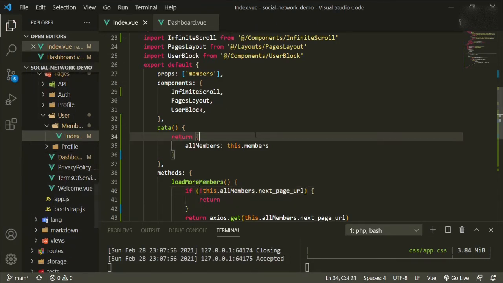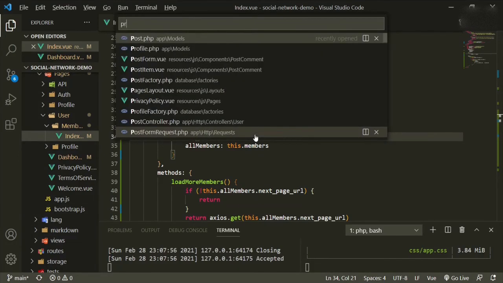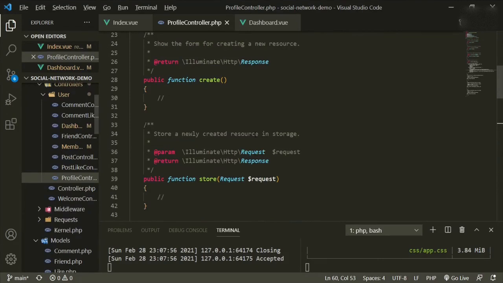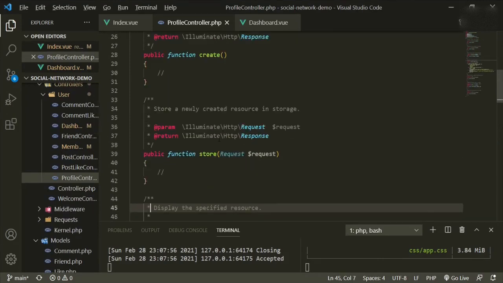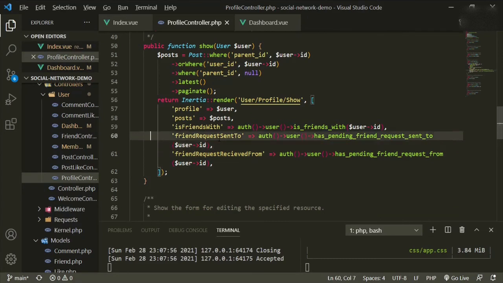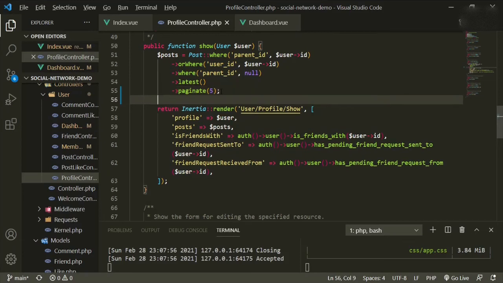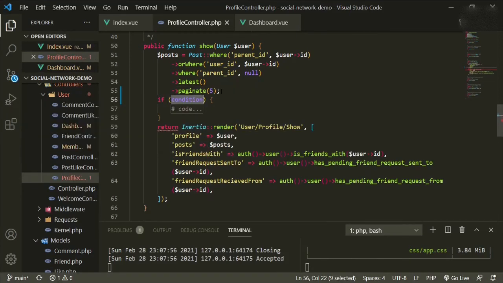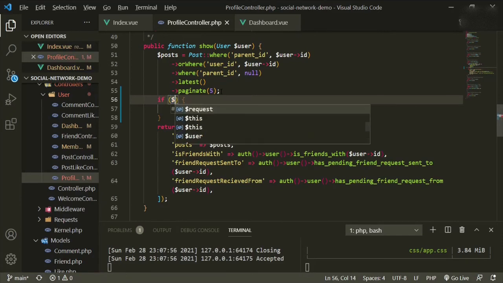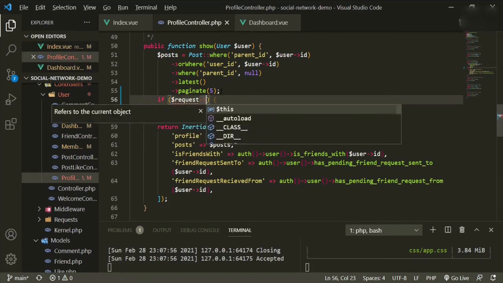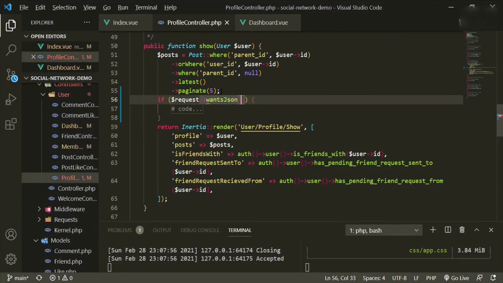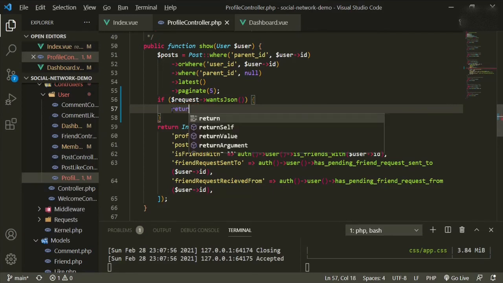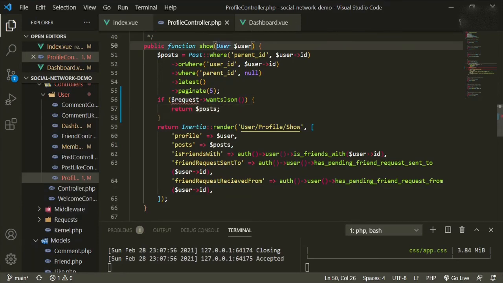So let's start with the controller. So the profile controller. And we have this in our show method. Okay, so we can add paginate 5. And then under here, we'll just do the same thing. So if request wants JSON, we'll return posts. We need to add the request up here. So request,